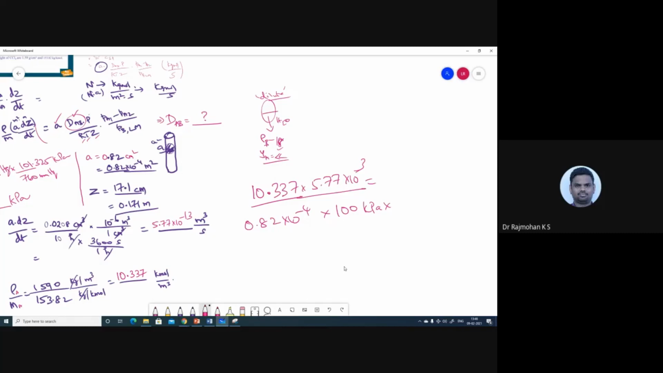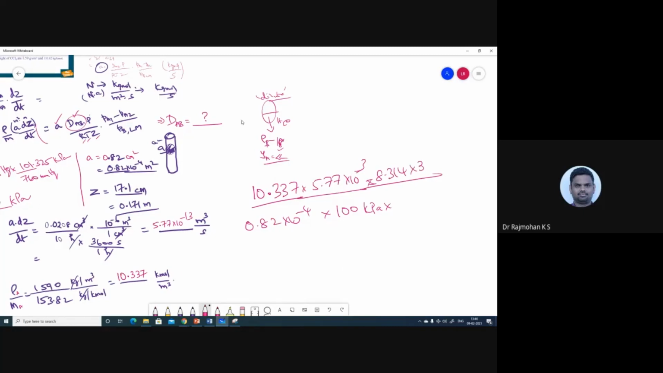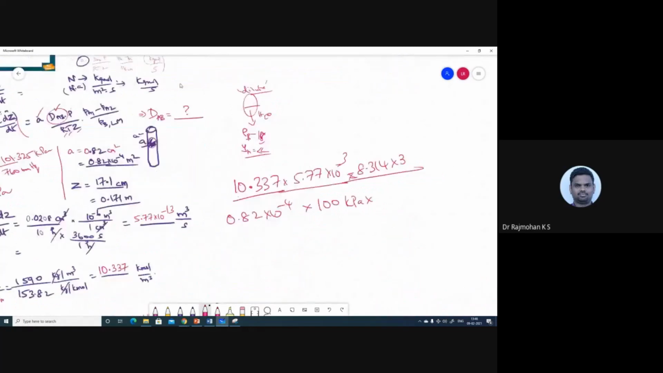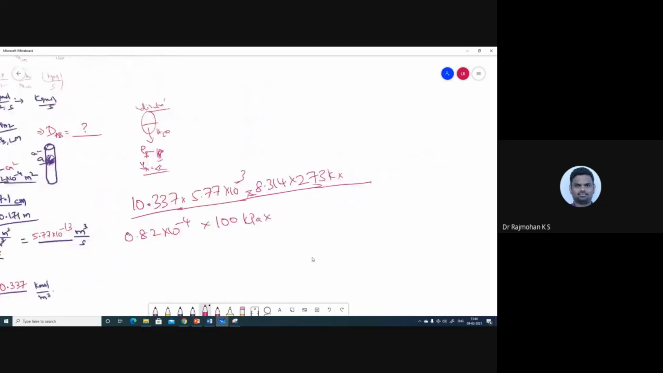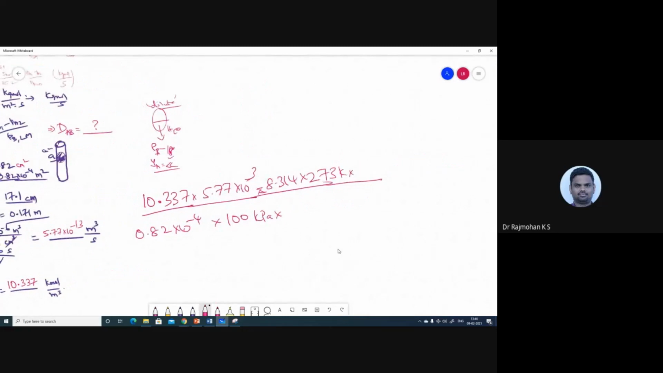So this RTZ will go in the numerator now. So 8.314 into temperature, 303 Kelvin. Zero degree Celsius is how much Kelvin? 273 Kelvin. Okay, so in this problem we have temperature as 273 Kelvin, into RTZ will go in the numerator. So the RTZ value is approximately given as 0.171 meters, right? 0.171 meters into,